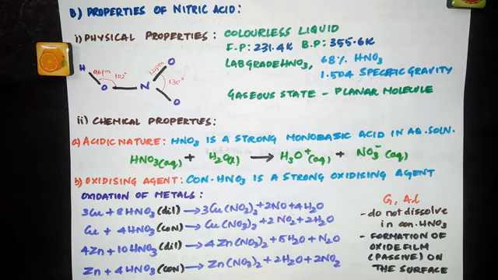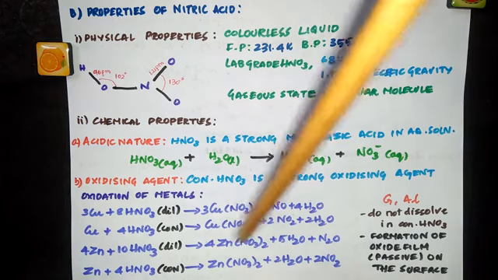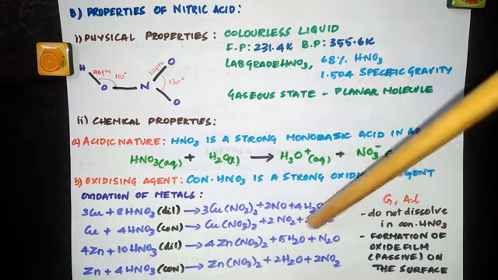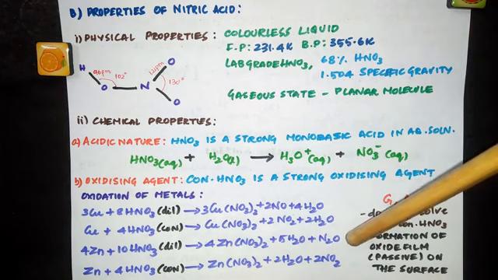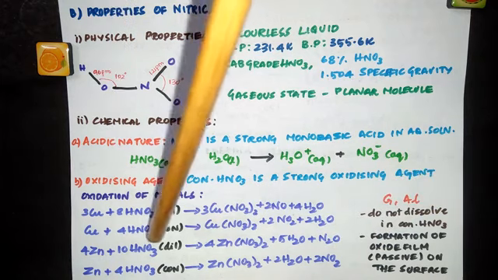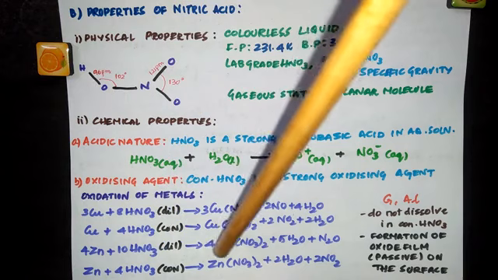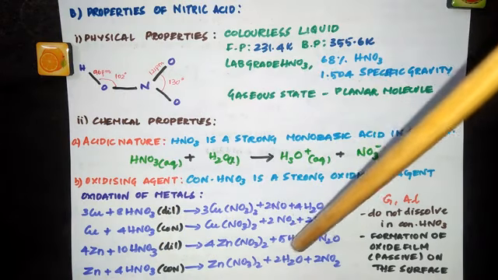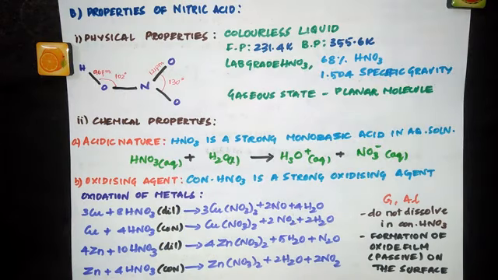And same way with zinc. First, if you are treating dilute HNO3 with zinc, you are getting Zn(NO3)2, zinc nitrate, plus 5H2O plus N2O. When you take zinc and treat it with concentrated HNO3, you are getting Zn(NO3)2 plus 2H2O plus 2NO2. See, balancing these equations is very important. Always remember to write the balanced equations. As I said, depending upon the concentration of nitric acid, the products differ.